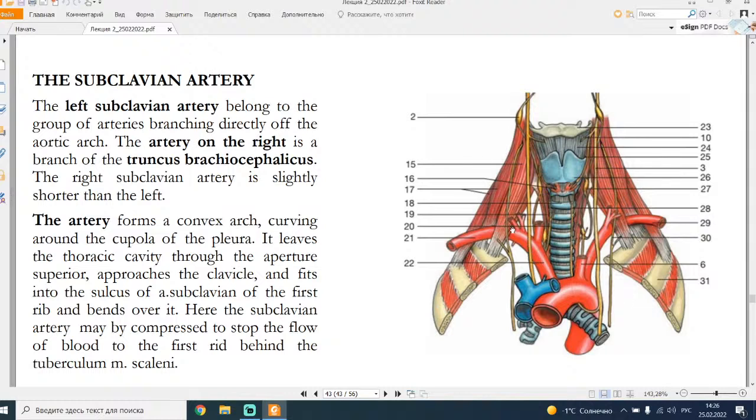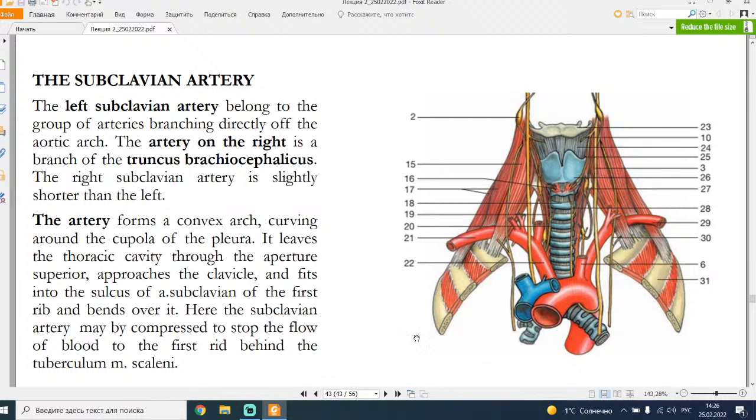The artery on the right is a branch of the truncus brachiocephalicus. The right subclavian artery is slightly shorter than the left subclavian. The artery forms a convex arch